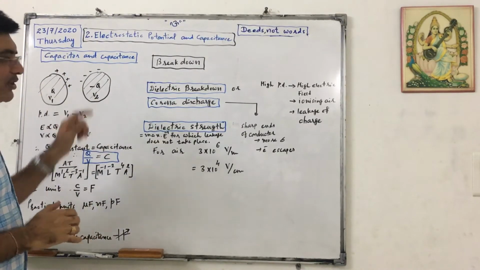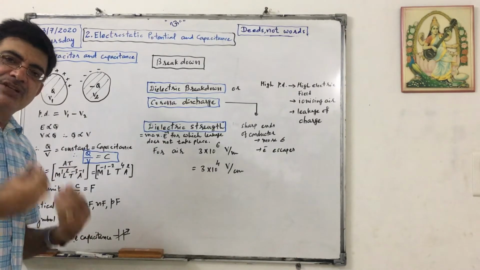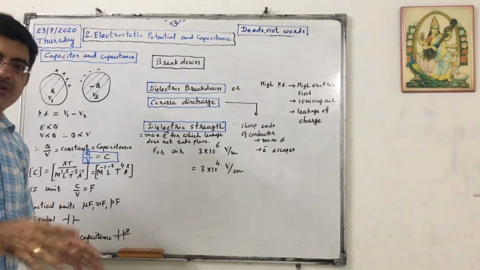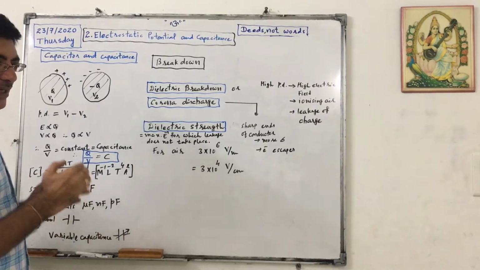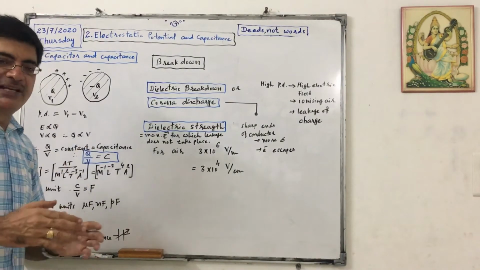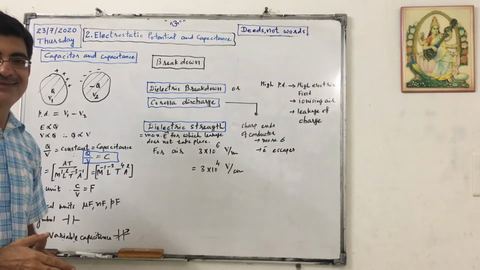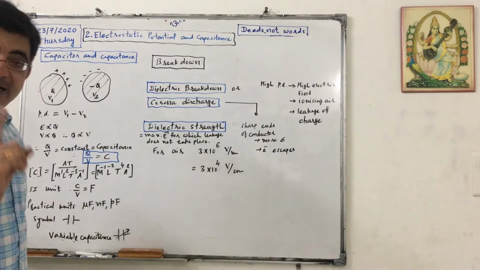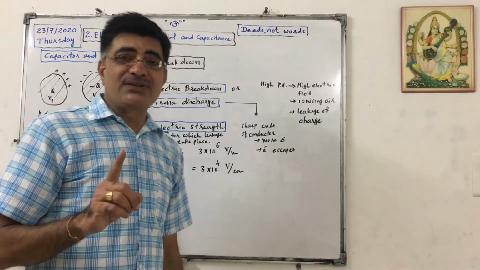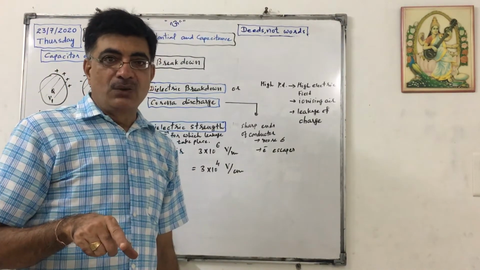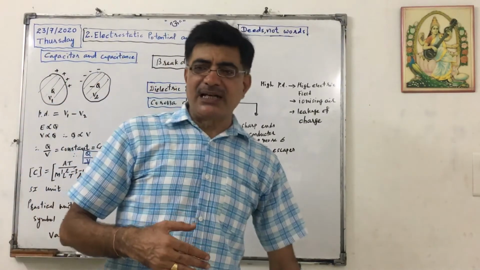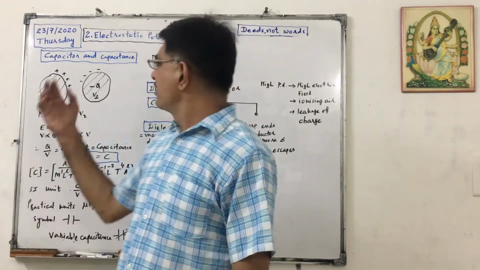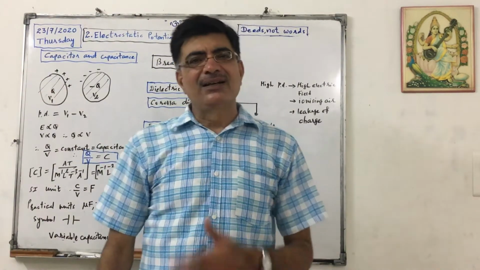The volumes of these two conductors may be of any random value. The shape can also be of any kind, but the charges must be of equal value and opposite sign. So this is plus q, this is minus q, which means the net charge on the capacitor is 0. But in practice, when we say a capacitor has q charge, that means one plate has plus q, this is called one plate, this is called the other plate, and the other has minus q.